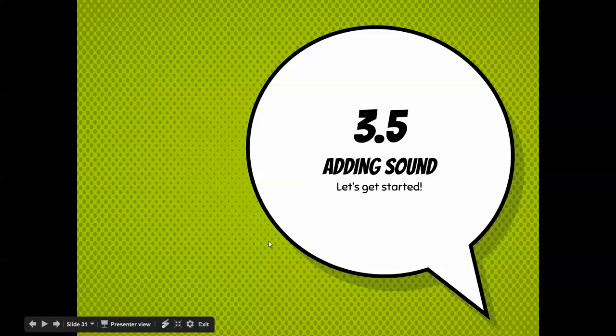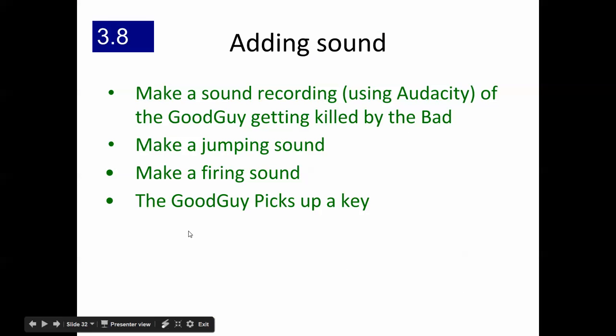All right, people. Lesson 3, Part 5, Adding Sound. Okay, so we're going to make sound recordings using Audacity of the good guy getting killed by the bad guy, make a sound for jumping, a sound for firing, and a sound for when the good guy picks up a key. If you don't know how to do that using Audacity, watch the video right after this one,